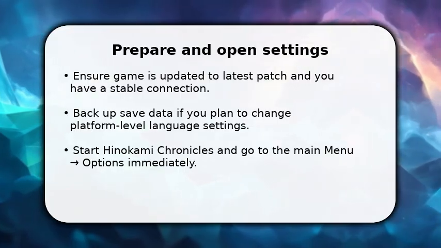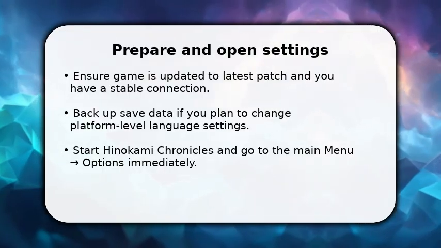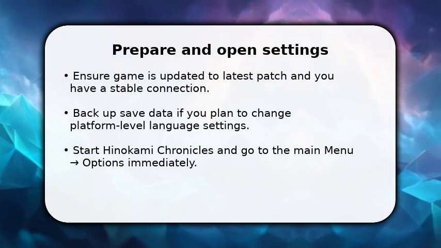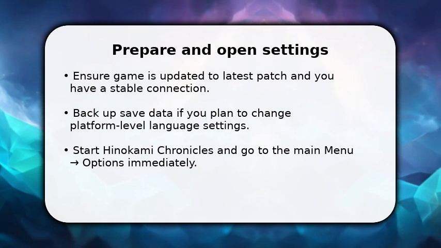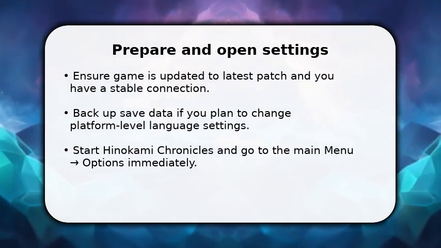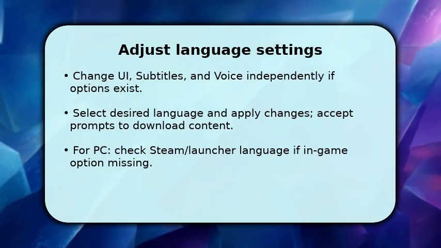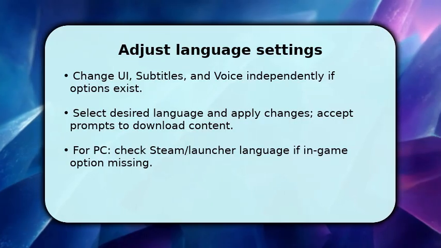This first step matters because some consoles and PC builds only expose language options inside the game, while others follow system settings. Make sure you note whether the option lists UI, subtitles, and voice separately so you can adjust each one precisely. Now change each language field, UI, subtitles, and voice, because many players want Japanese voices with English text